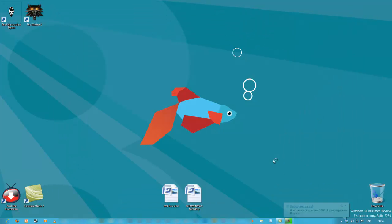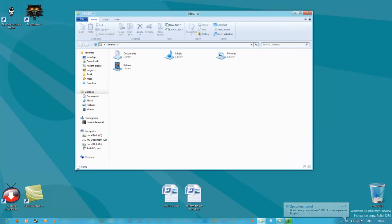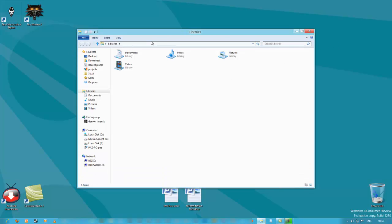Alright, the next kind of cool feature is your file manager. Basically they call it libraries now. It used to be called My Documents. So it opens up and you get your documents, music, and pictures and videos. And you have an icon at the bottom here. And then, just like before in Windows 7, you had these ways to get to everything,